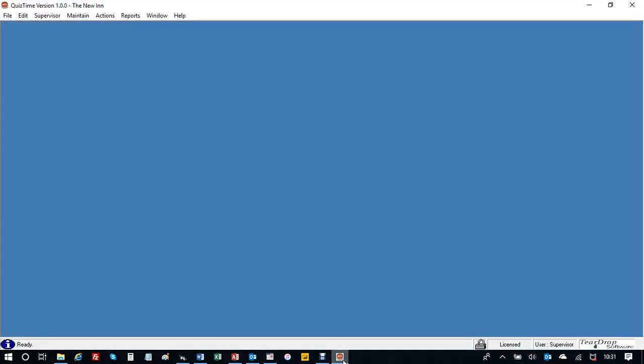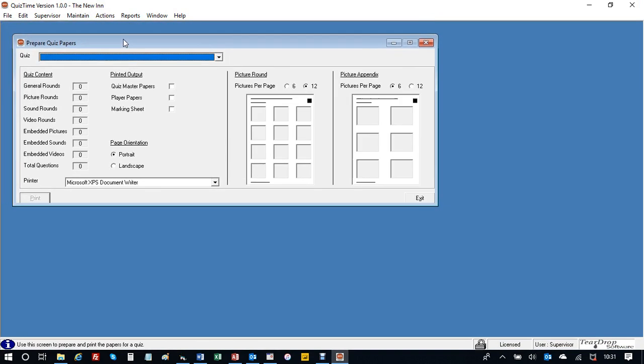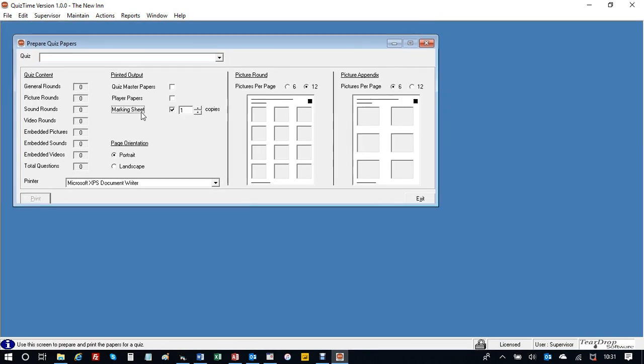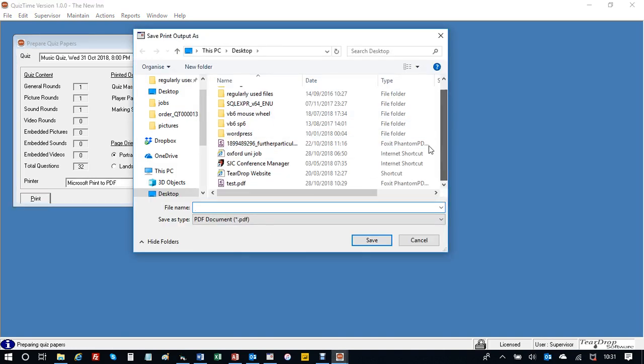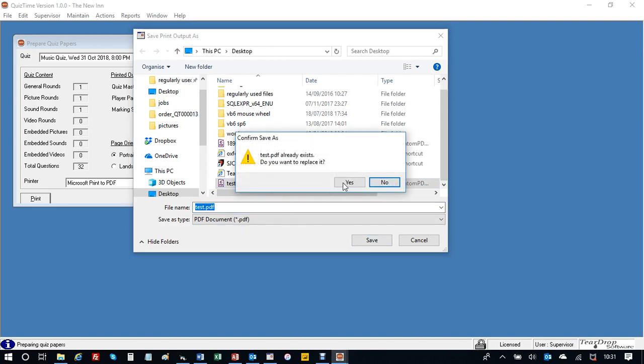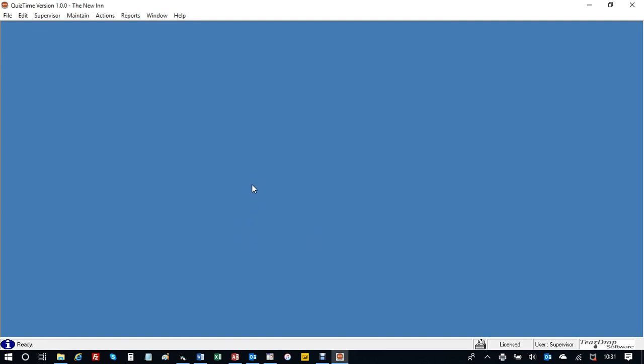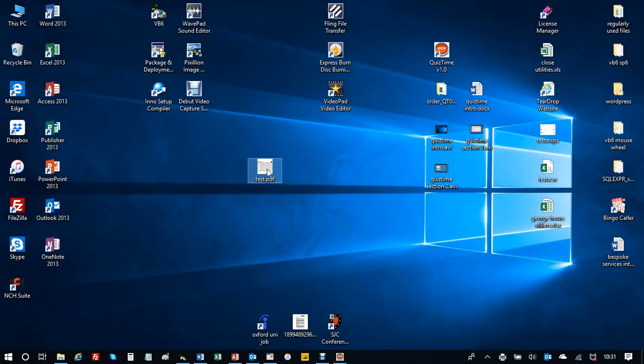Back to quiz time. And then lastly, what we've got from the paper preparation point of view is the marking sheet. And this is a standard marking sheet. It doesn't have options for change of format. It is literally just as it is. So again, print it to a PDF. Again, overwrite the file that I've already got. It defaults, incidentally, to landscape in this particular report, this particular output. So when we open it now,